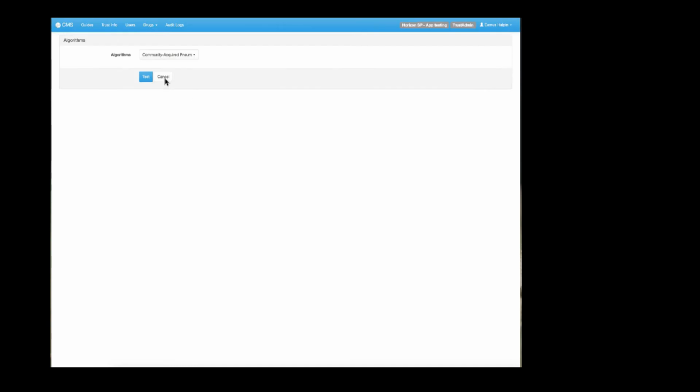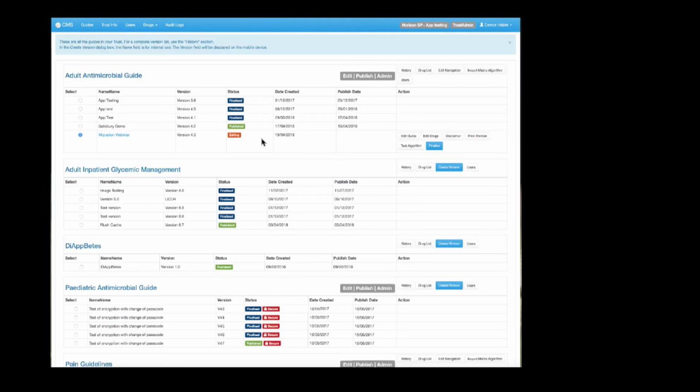So there's a couple of things I would say then in terms of housekeeping. This will only really matter to you if you have multiple people editing and maybe publishing a guide at the same time, which is a multi-user system, so it's entirely feasible. If you're in the middle of creating or modifying or iterating an algorithm, and you have another part of your team that has a small change to make and they want to publish the guide now,